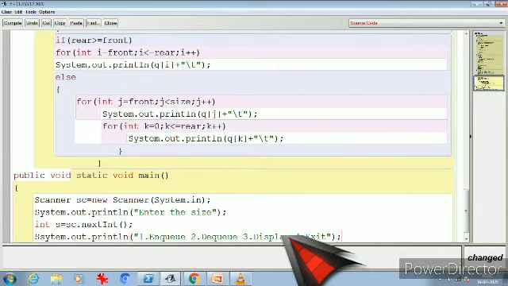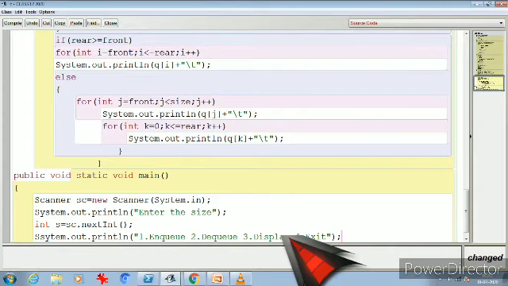Now let me ask for the choice. I'm going to give this menu constantly, so let me write the object first.